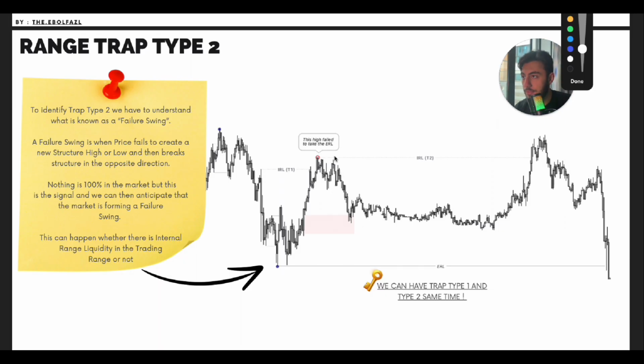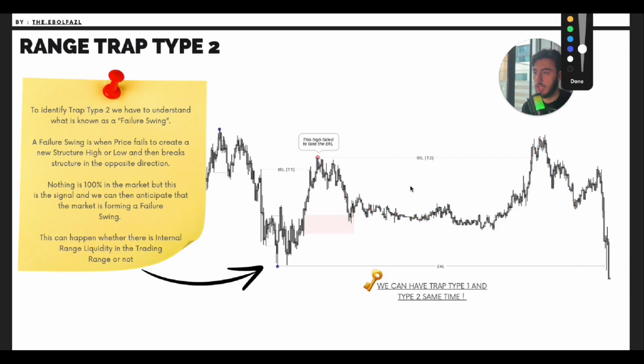This high failed to take this low here, right? You can see this high failed to take this low here and tapped the obstacle, which showed that this high failed to take this low, because we know that after internal liquidity is taken out, price is going to go for external. But here we can see this high failed to do that, right? So this is going to be your T2, impermanent liquidity or inducement or failure swing, T2. It's going to be the liquidity. So price is going to take this and start the bearish movement again, right?